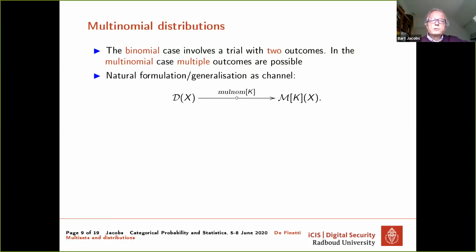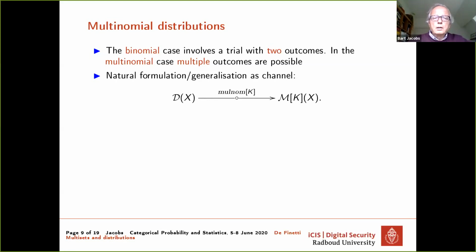Now, what is the way to describe this in a channel perspective? It's actually rather clean. It's a channel from distributions on X to multisets on X of size K. So that means you do a multinomial distribution with a total number of capital K trials, but you can do the trials in each of the possible outcomes.